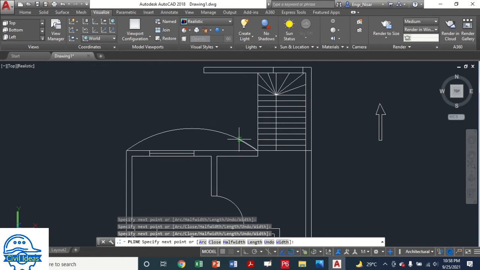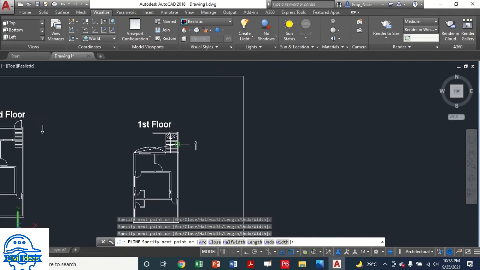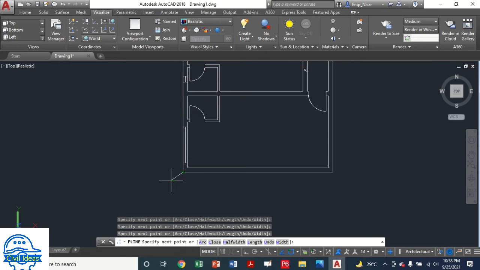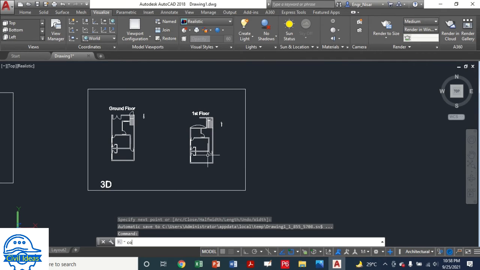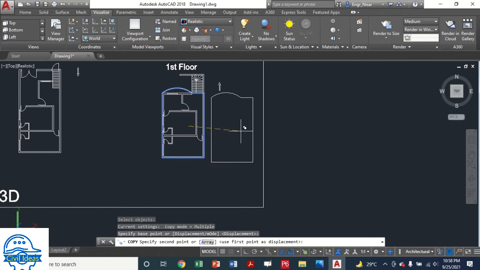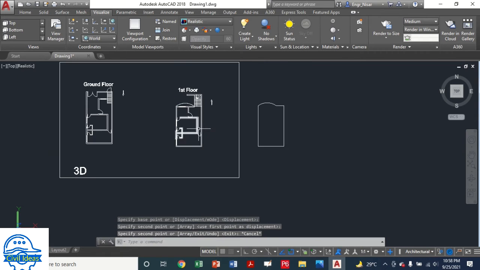You can create it here, but I'm just... you can provide a circle also, an arc. This is perfect. You can return it to the endpoint. This is what I am creating for the floor area. So now CO for copy, CO enter. Now I will copy this. This is the roof,